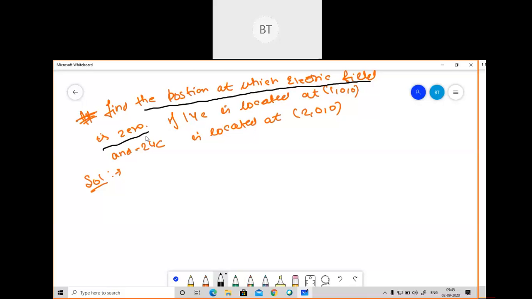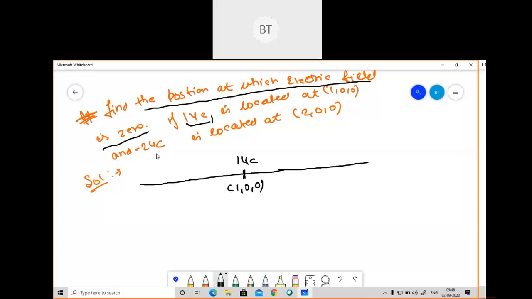So see what I have to do. First we have to identify the position where the electric field is zero. So suppose this is our coordinate. I'll do it one by one, and if you have any doubt you can ask in between. Suppose this point is 1 microcoulomb. I'm assuming this point is here. And what are their coordinates? 1 comma 0 comma 0.